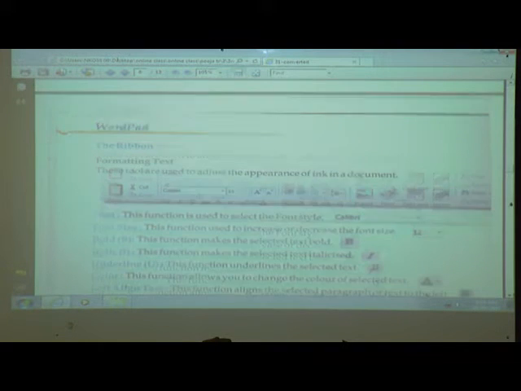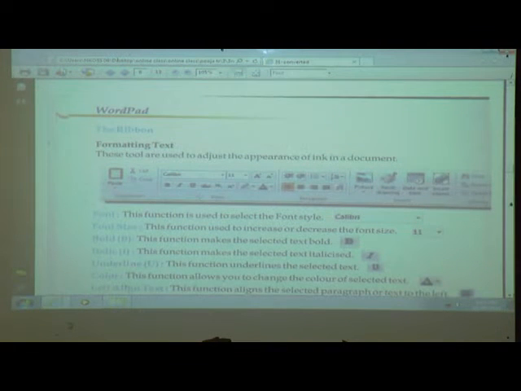Now our next component of the WordPad, what is it? The ribbon. Keep in mind, WordPad window having 4 main components. Which are they? Title bar, WordPad button, ribbon, quick access toolbar.